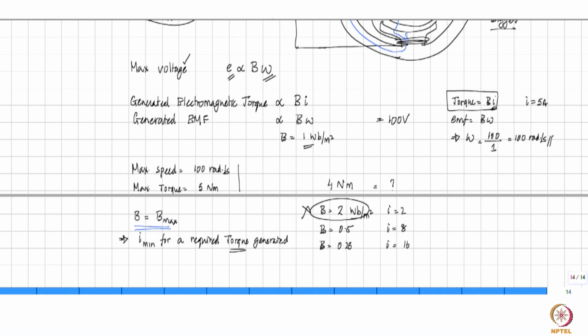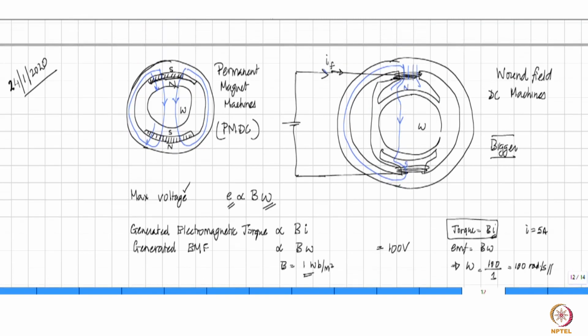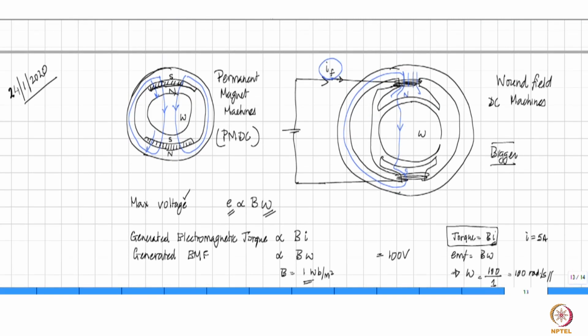So, for a given machine, somebody has designed it and given it to you, then he will say what maximum flux density you can have, right? And of course, having designed the machine, he will not say explicitly what is the maximum flux density. He will then say what is the maximum flow of IF that you can allow, because that is what you can do outside, right? For a given IF, the machine will generate so much magnetic field. That is by design, right?